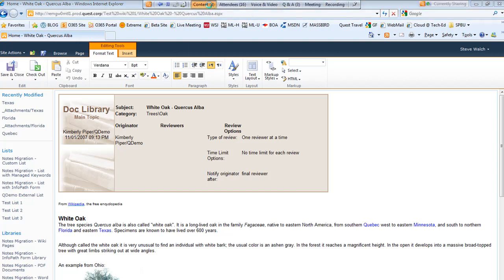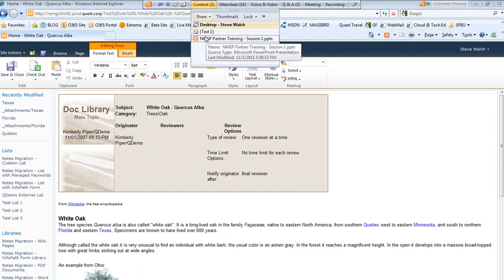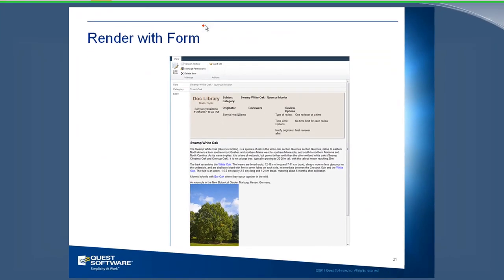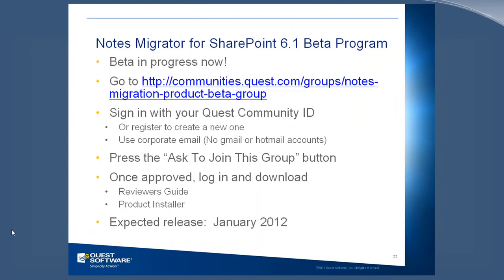Okay, back to the slides now for the last time. And the only other thing I want to cover is how you guys can get into our beta program. Like I said, this beta program launched last week, and so you can all join our beta program. The beta program is on the SharePoint for All website, which is one of our Quest communities. And so if you go to this URL,